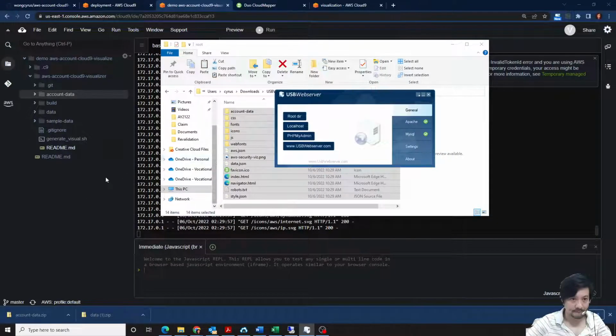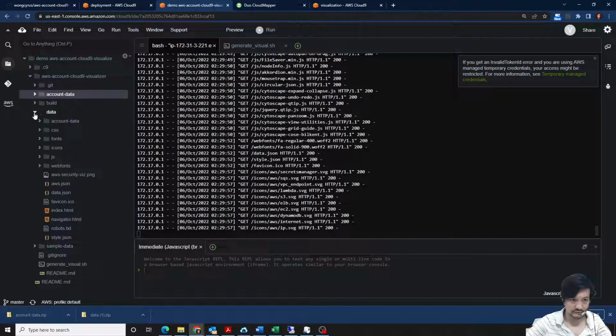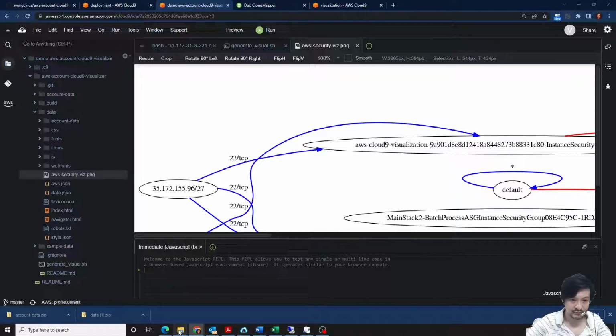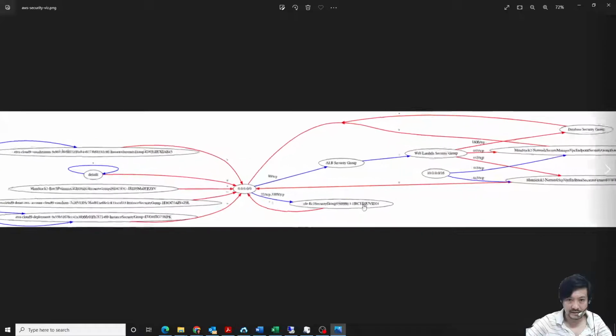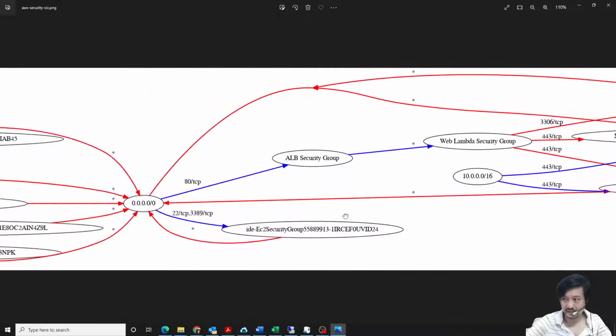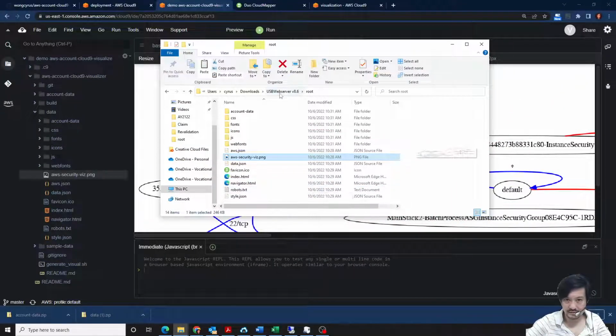I also generate the security group output so it's faster for you to review. It is called security PNG. This is a static image, and once you download it from your web server, you will get it here, and you can have an overview of your security group setup quickly, and the expert can grade the setting more effectively. And that's the overall demonstration of how to back up your settings,